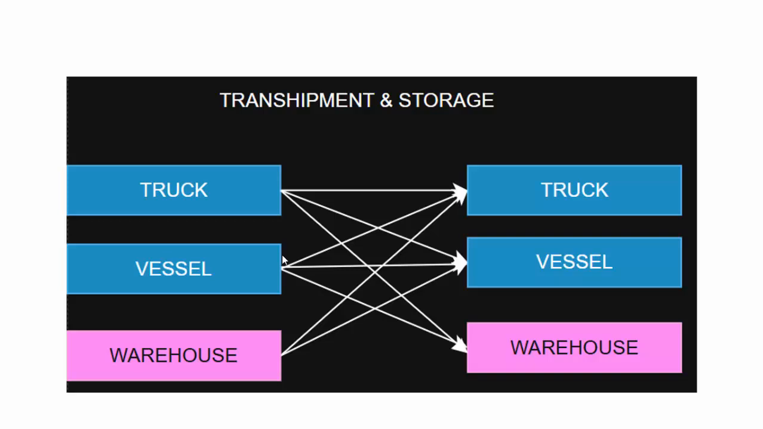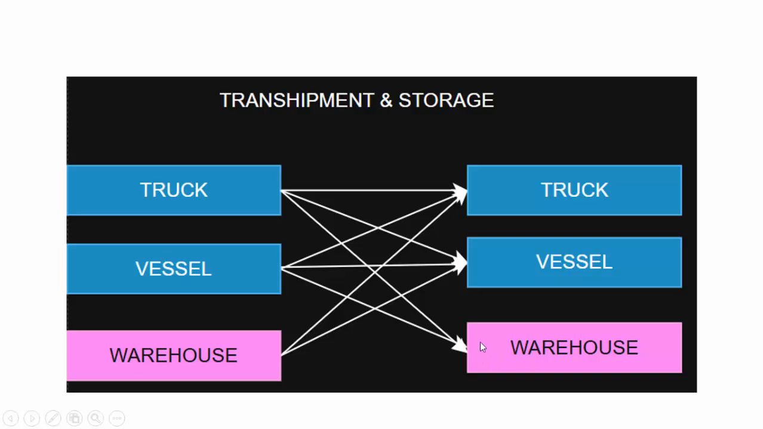Now, to clearly see the transshipment activities in storage, this diagram shows the three parts: truck, vessel, and warehouse. The cargo can move from truck to truck, which is the first part here. It can move from truck to vessel or truck to warehouse. Also, the cargo can move from vessel to truck, or from vessel to vessel or vessel to